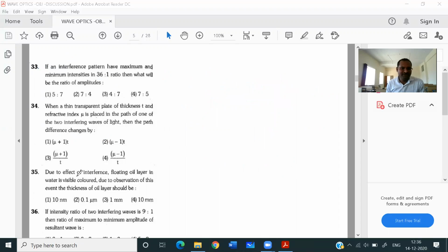Next, question number 35. Due to the effect of interference, a floating oil layer on water shows visible color. For this to be observed, what should the oil layer thickness be: in micrometers, nanometers, or millimeters? Millimeter answers are wrong. For visible rays this thickness comes out to be 0.1 micrometer. Remember this. Next,